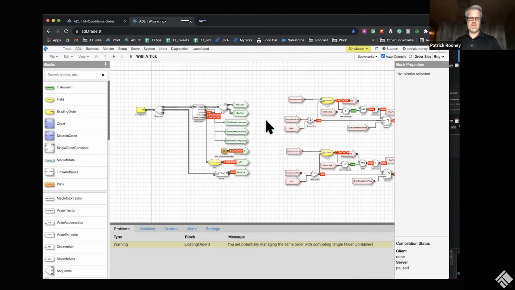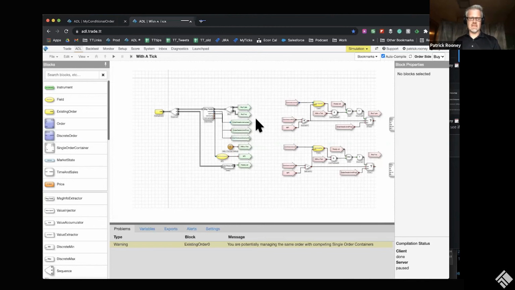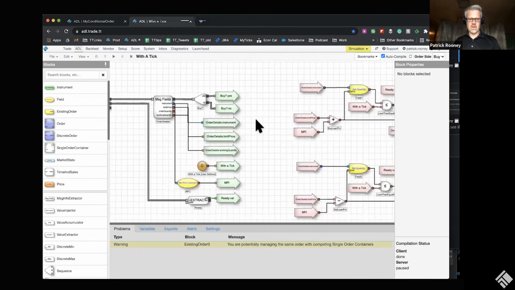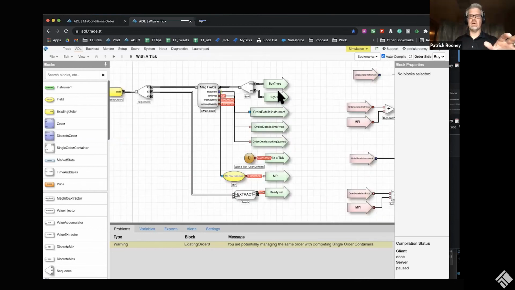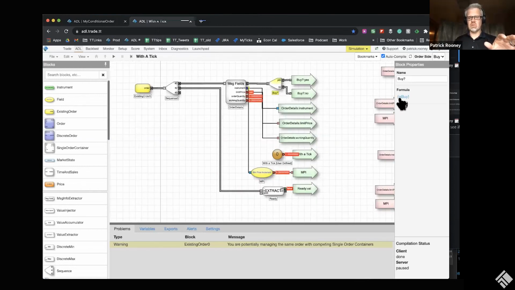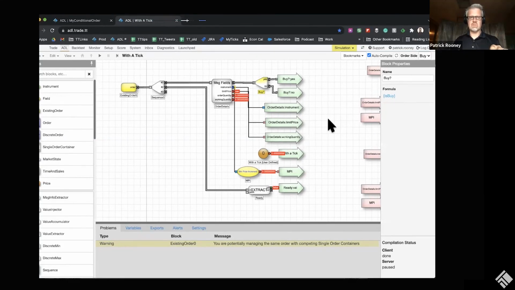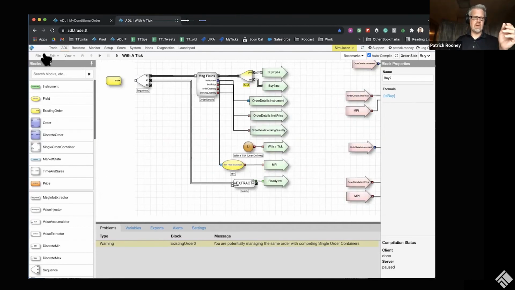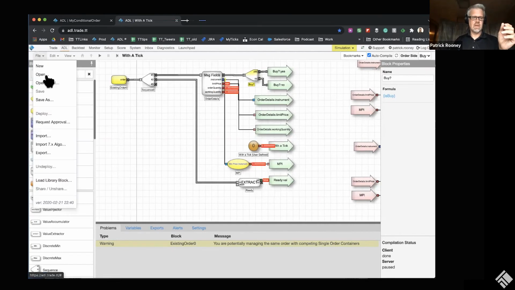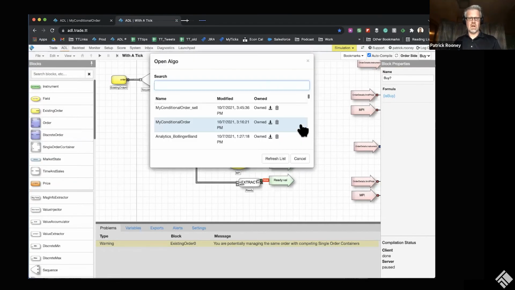And again, you can see exactly how TT designed this algo. It's all written down right here. This is literally how we did it. This is a great way to learn ADL because you can click through the blocks and see exactly what everyone's done. You can see exactly how the engineers built this, and how they did that logic. So it's great educational stuff. So again, I highly recommend that. If you have access to ADL, get in and look at all of these